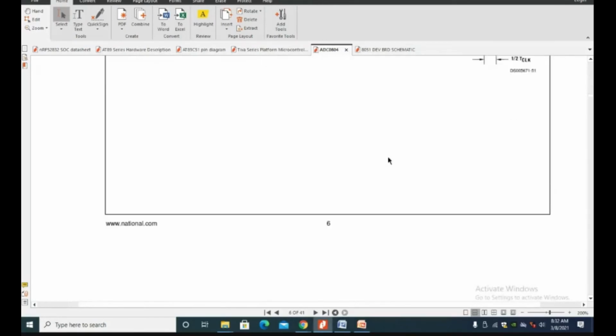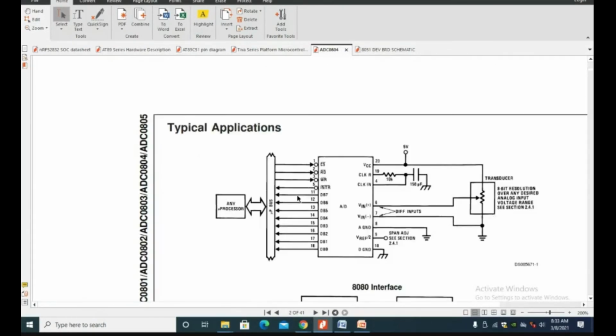Then what next? Resolution. When it is an 8-bit ADC, infinite values between 0 to 5 volts are converted to 256 values. When it is a 10-bit ADC, infinite values from 0 to 5 volts are converted to a finite 1024 values in digital. When it is a 12-bit ADC, infinite values in analog will be converted to 4096 finite values in digital. So the more the number of bits, whether 8-bit, 10-bit or 12-bit ADC, the better resolution we get. And the resolution is also determined by V reference plus, as we all know very well.